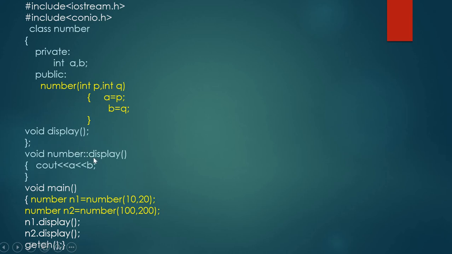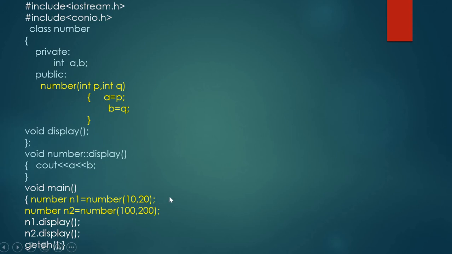Same as the previous program, the only difference is in invoking the parameterized constructor. Here we are using explicit call. Number n1 is equal to Number 10, 20 means declaration of the object followed by assignment operator, constructor name and argument list in parentheses.